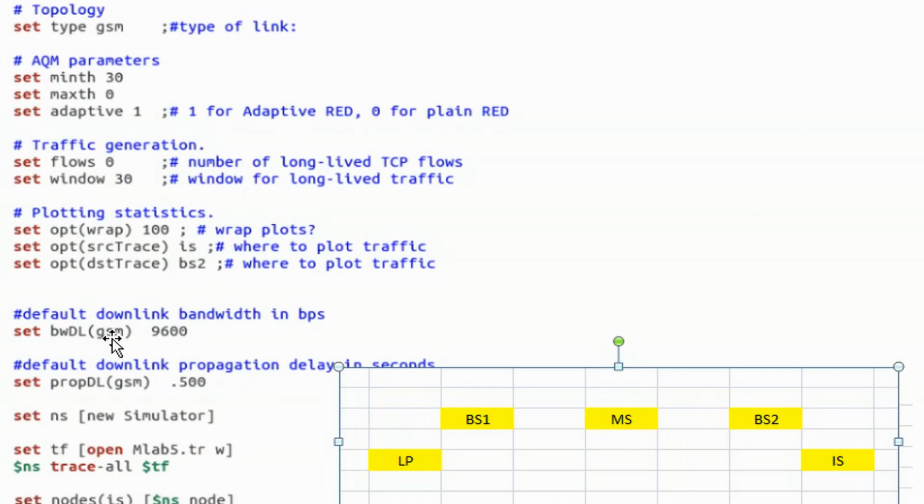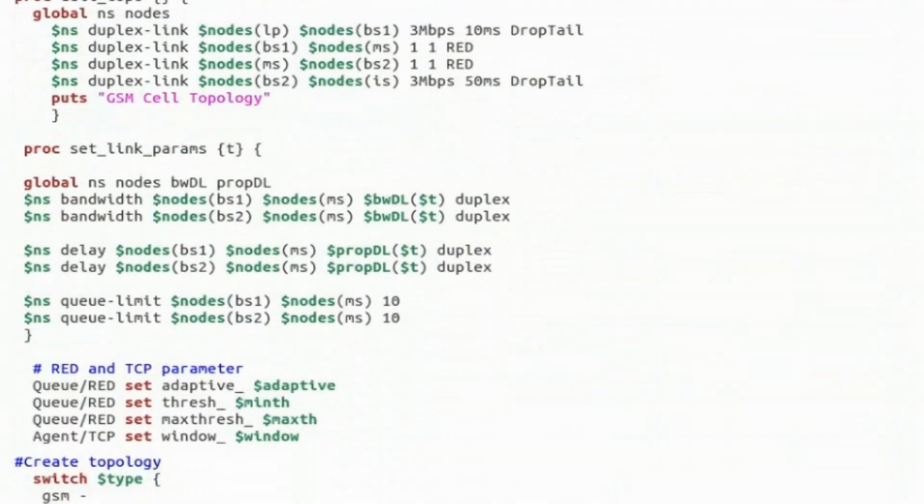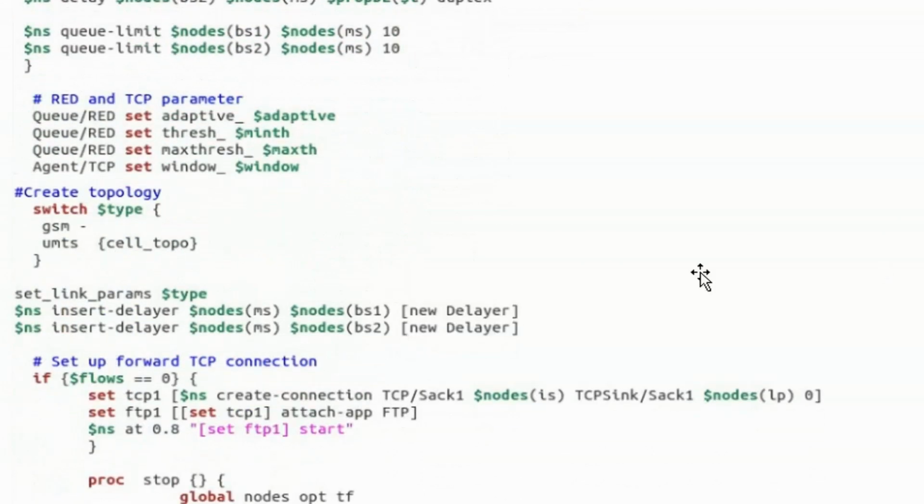And then these values: minimum threshold, maximum threshold, and then window value. Window I have set as 30. So I am assigning all those values here. Adaptive I know because I have adaptive 1, so I am assigning that value here. Minimum threshold is 0, I am assigning it. The maximum threshold we just saw, I am assigning it, and window size is also 30, which I have already defined, and I am assigning all those values here.